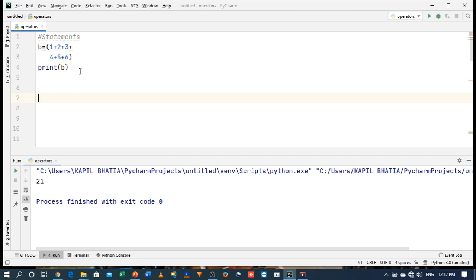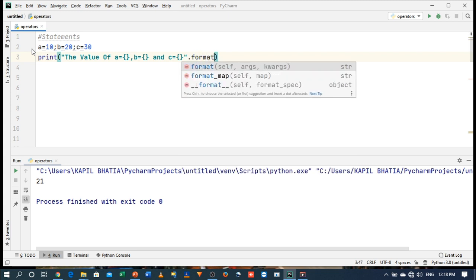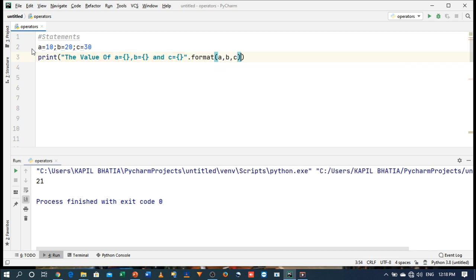I hope you understand. We can also separate our statements with the help of a semicolon. So here you can see the output.